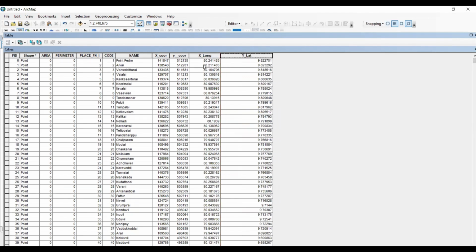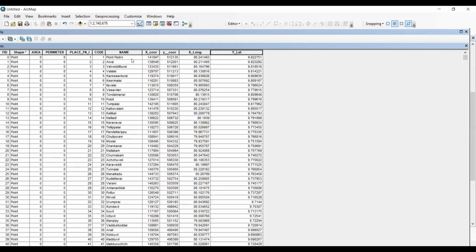So this is 80 degrees, 80.24. This point is 80 degrees from Greenwich. Then the latitudes, the y-axis, that is 9 degrees from the equator. So we can see the difference.